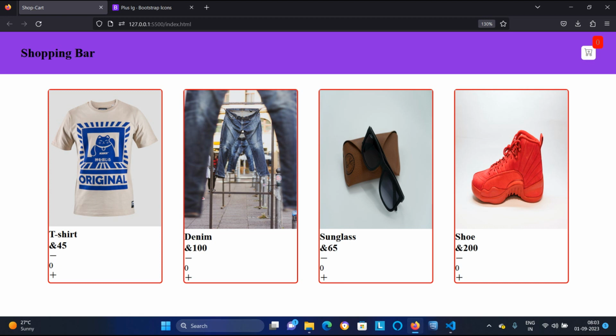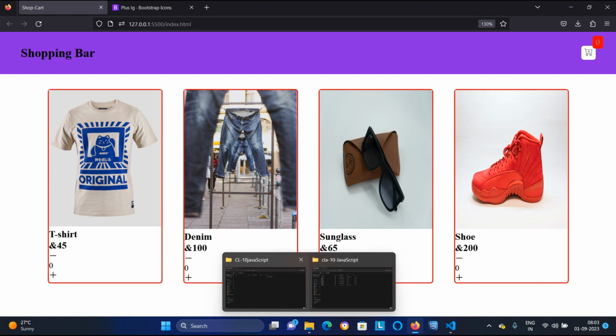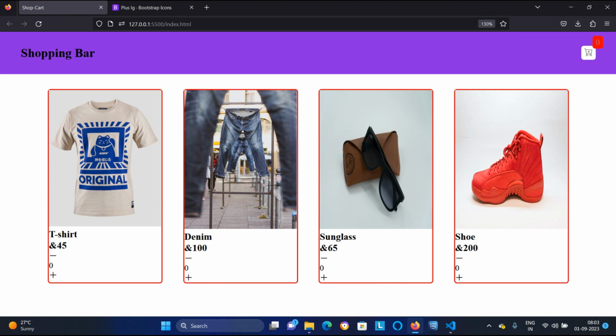We will style it in a more effective way, and when I click the plus icon here, the cart number should change, and this cart amount and the cart number should also change according to that way.